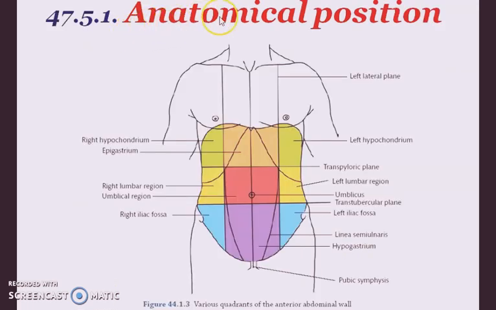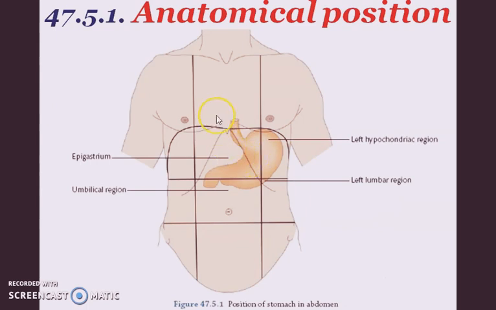The first subcompetency is anatomical position. The anatomical position of abdominal viscera is always described in relation to the 9 regions of the abdomen which you have already studied. The stomach lies obliquely in the upper and left part of the abdomen, occupying epigastric, left hypochondriac and umbilical regions. The cardiac end of stomach is directed upward, greater curvature is towards the left, and the pyloric end is directed downward and slightly to the right of the median plane.